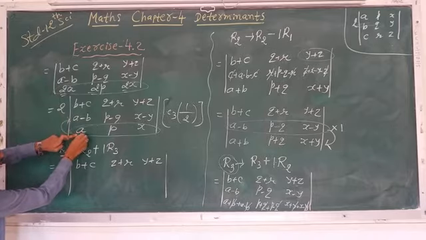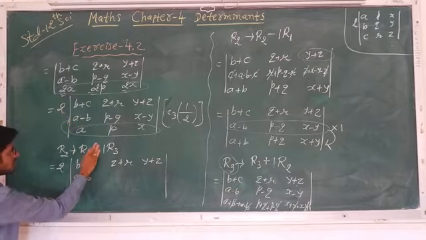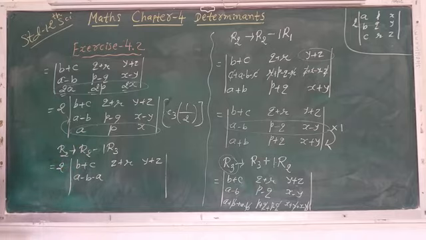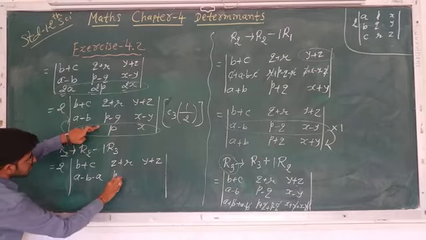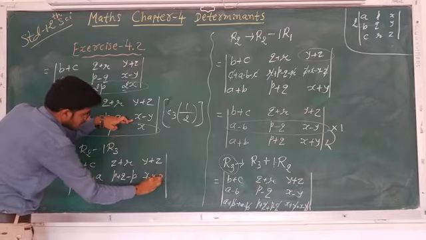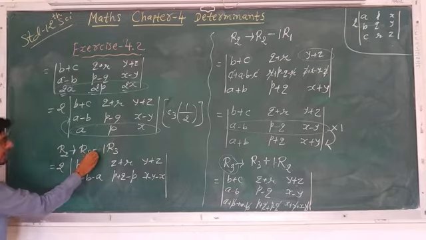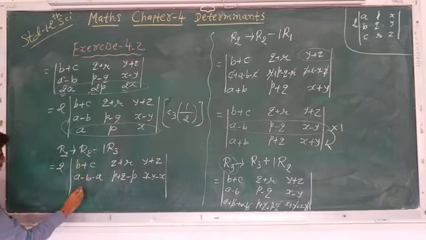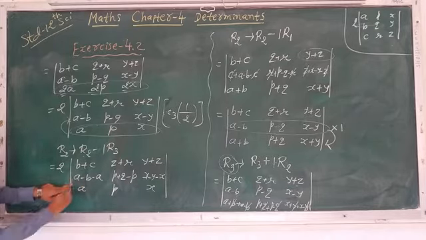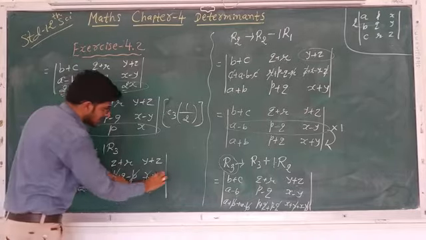So a minus b, plus a, so the answer is minus b. We subtract because we cancel out a, so we multiply by minus 1. Here p minus q minus p, and here x minus y minus x. So here we do not add, we subtract: R2 minus 1 into R3. And the third row is a, p, x. Now simplify the second row. Here plus a and minus a cancel out, here plus p and minus p cancel out, and here plus x and minus x cancel out.